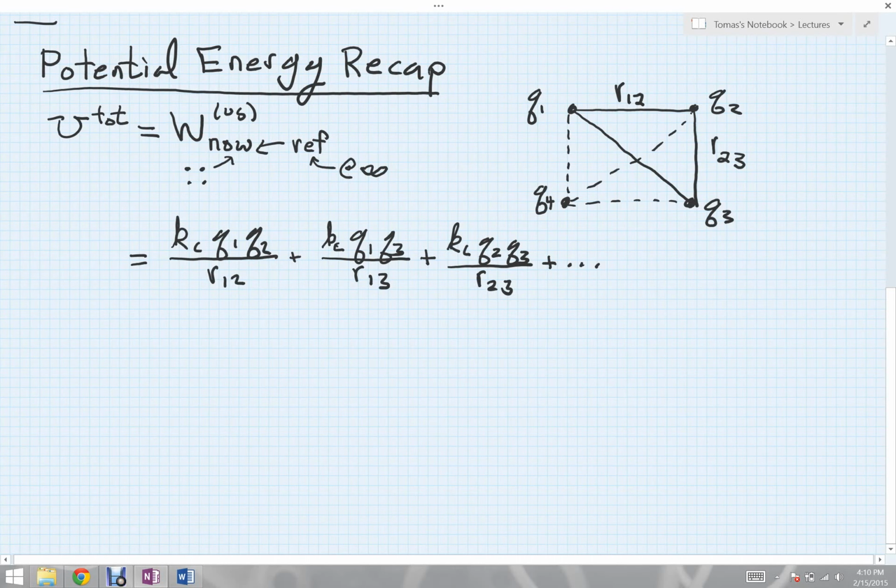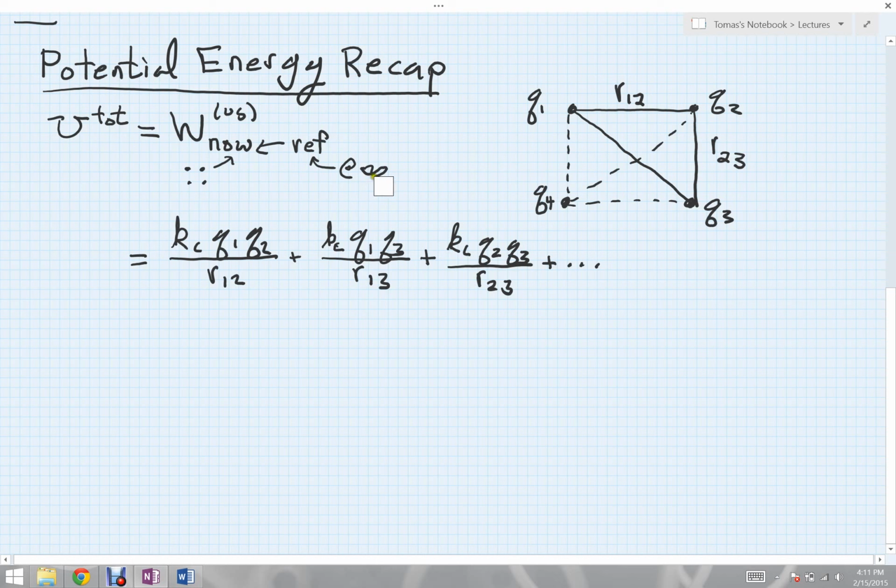This is also a good time to recap what we had learned about the potential energy of some arrangement of charges. The total potential energy stored in any arrangement of charges, say I had 4 charges arranged as I do over here, is defined to be the work done by us needed to take us from our reference configuration, which for charges is always just all the charges separated from each other out at infinity,